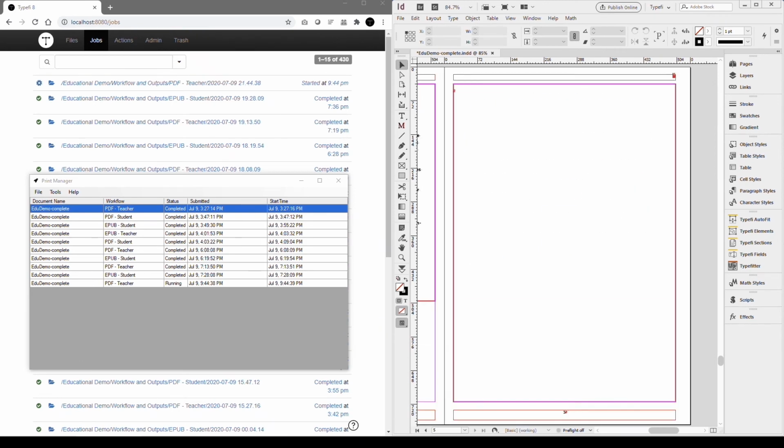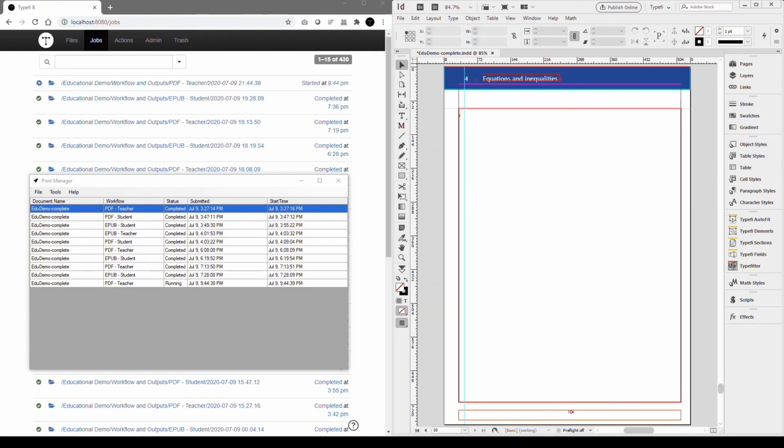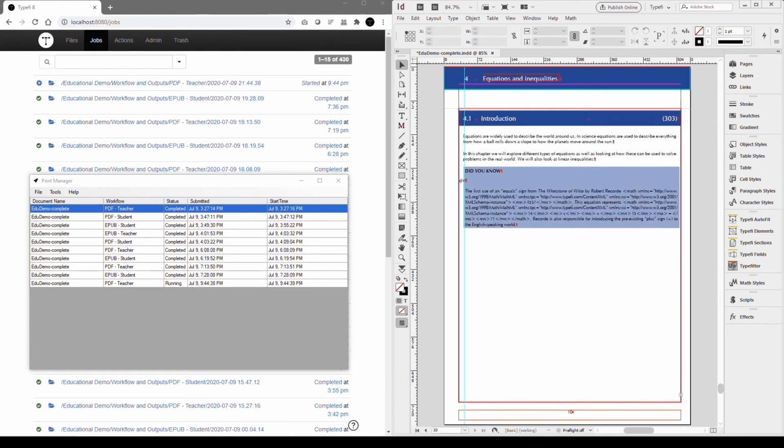All right, here we can see that the content has been fed down to the Typify server, and the job has begun, and the pagination process has started on the right-hand side with InDesign having received the content and the Typify engine starting to lay out the content. If we swap across to the Typify server, we can see that the job is in progress because the little cogwheel is spinning and the job is in italics. If I click on that link, the jobs folder will open up,